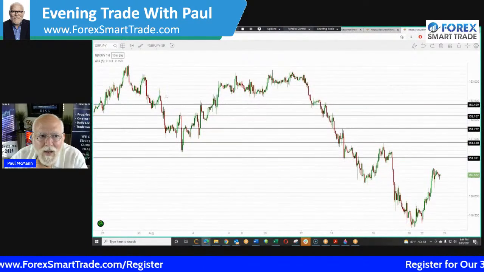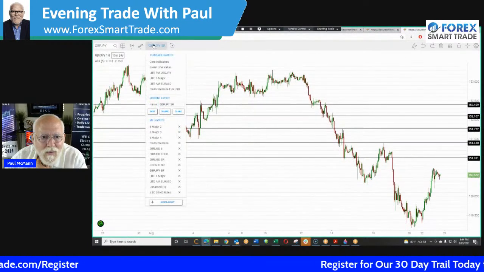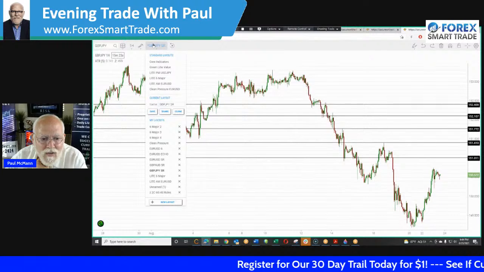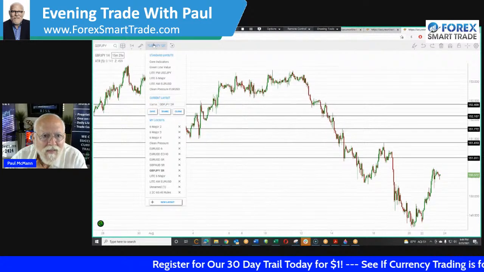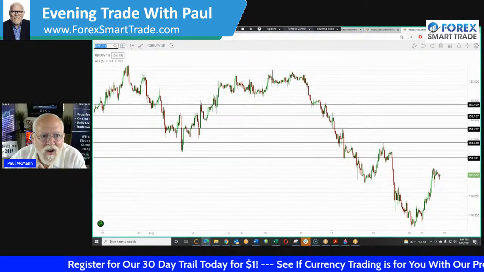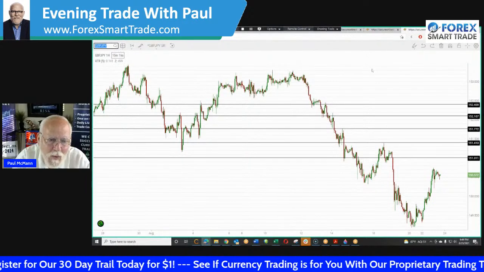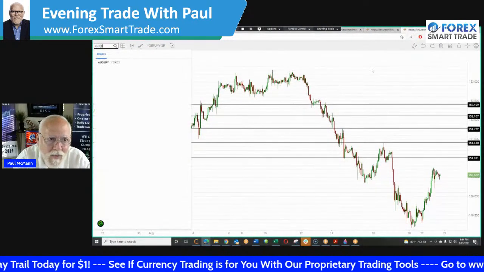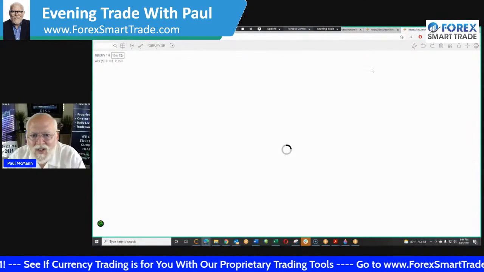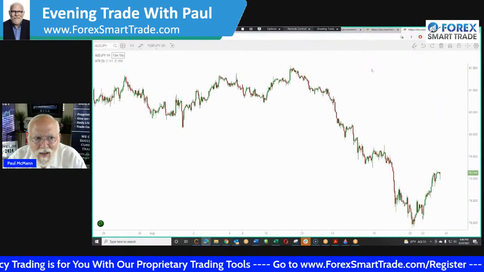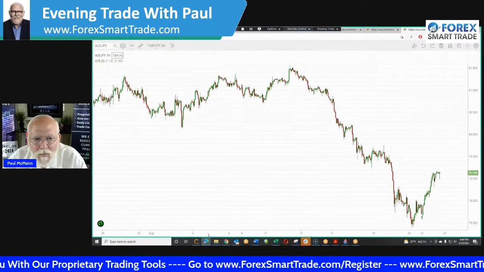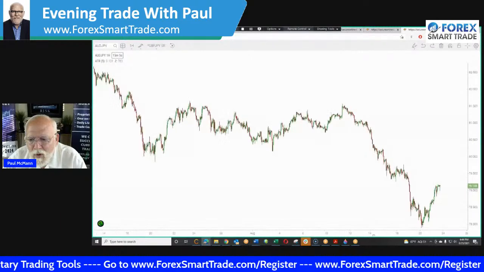So I am going to set up... did we do that chart? AUD JPY, I don't have that. So I'm going to take this existing chart and change it to an AUD JPY. This is just a clean chart with just the candles on it. And what I'm going to do is pull it back